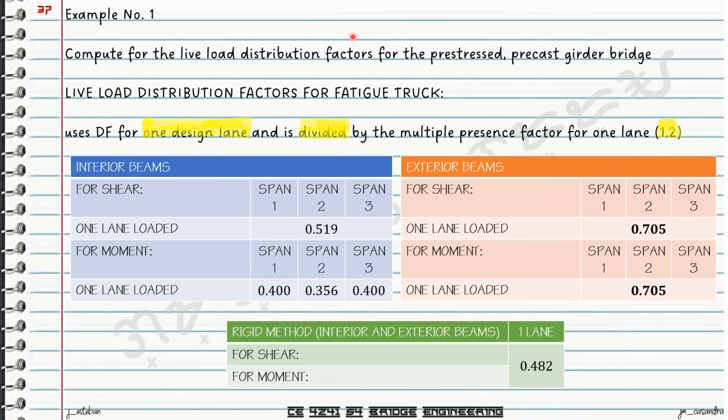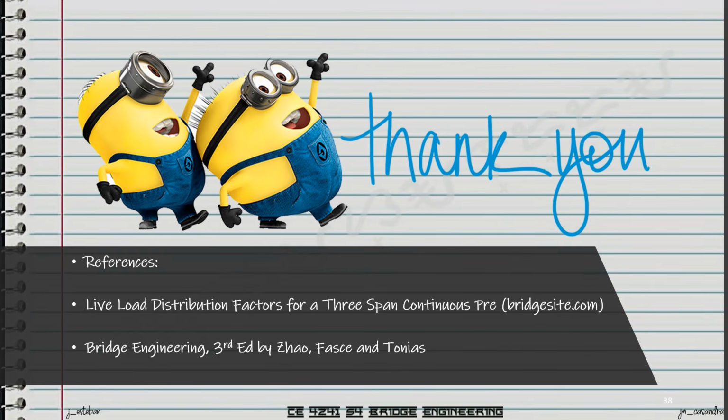Okay, so that is now your example on the computation of the distribution factors for bridges. Thank you for